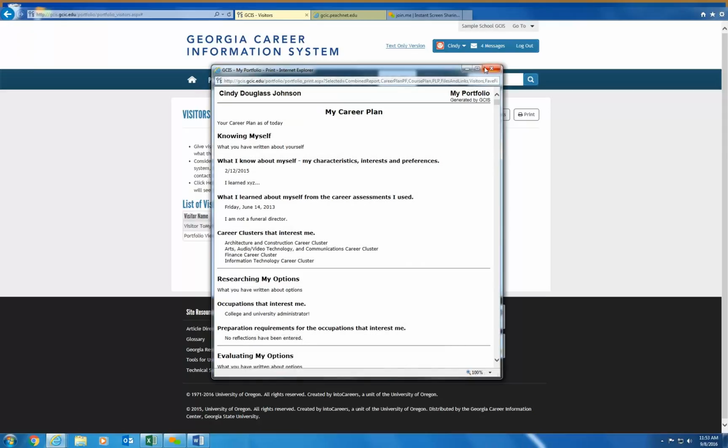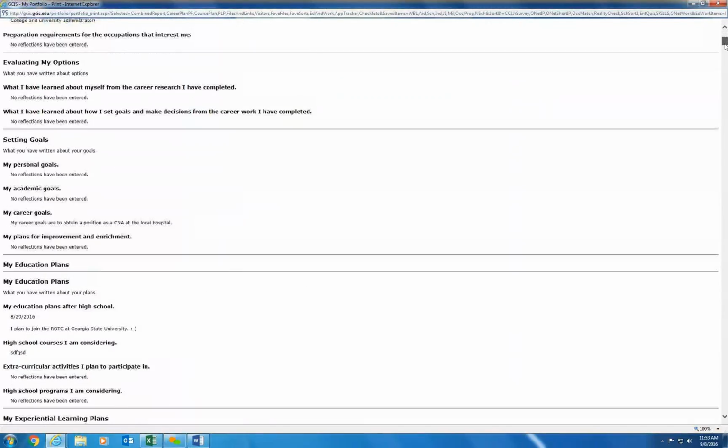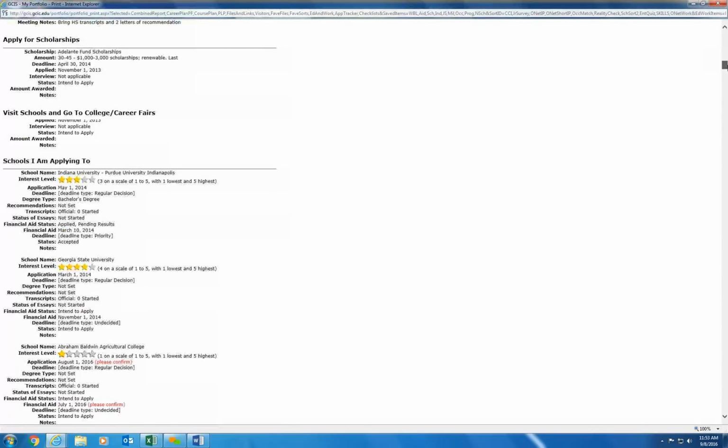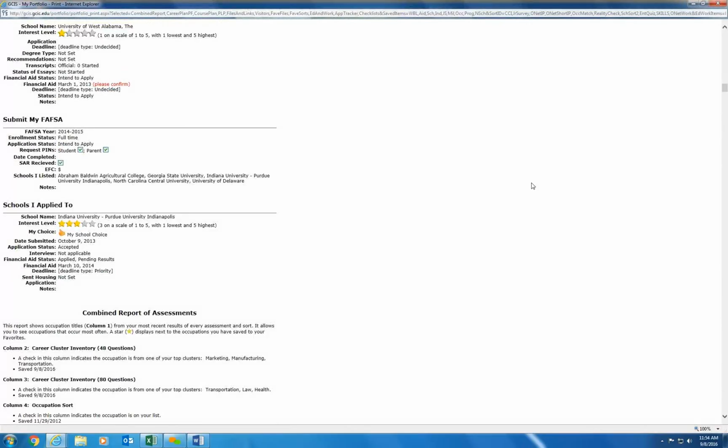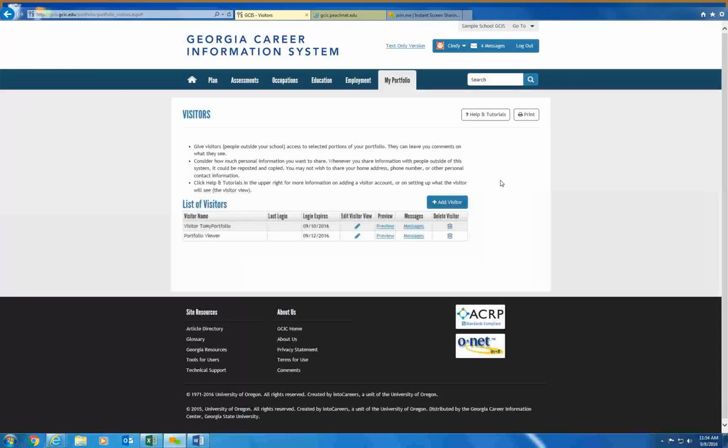This is what would be included on this complete portfolio layout. The last time I printed this information out for this student, it was 27 pages of data. So if you ever needed to go back and refresh your mind on what that student has done, you have the opportunity to see this information. I'm going to click on the X in the upper right-hand corner, as I do not want to print 27 pages right now. But again, that print feature would be a great opportunity for you to share with mom and dad during that parent-student-teacher conference.